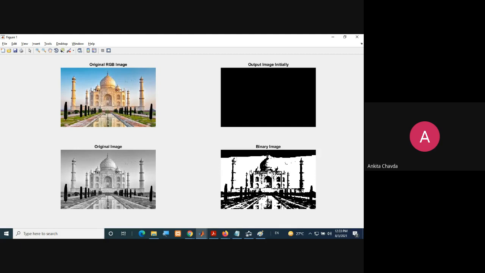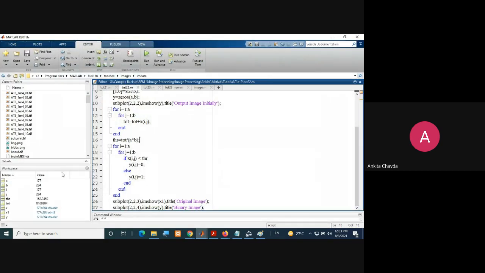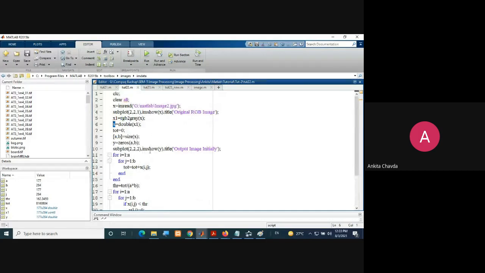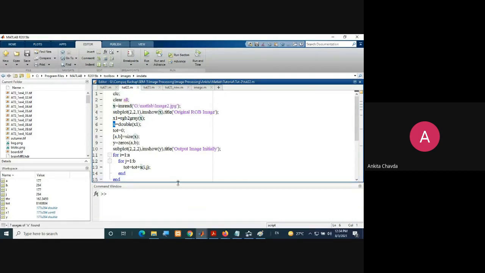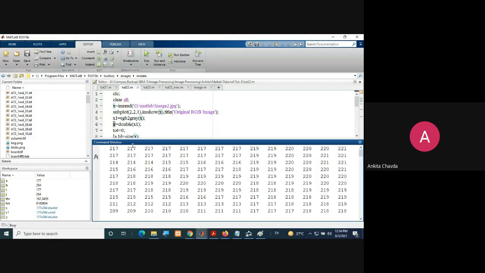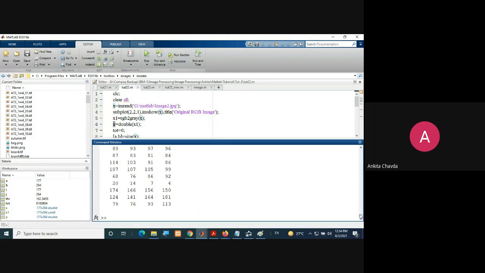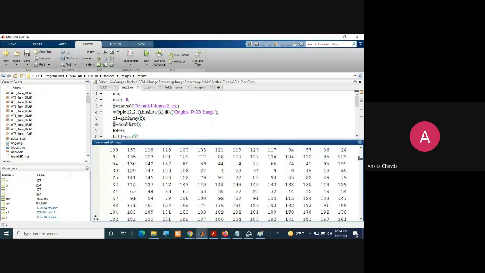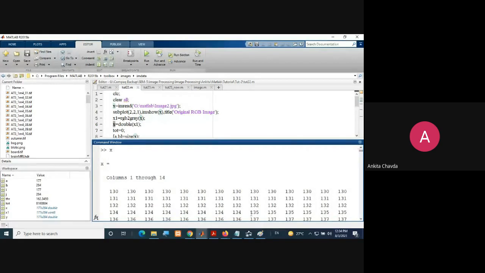Now, how they have put these pixels, you can check over here in MATLAB. Where is my actual input image? That is with X, so I'll write here X. Whatever intensities I'm getting, you can check with the very first row and column. Suppose this is 130.